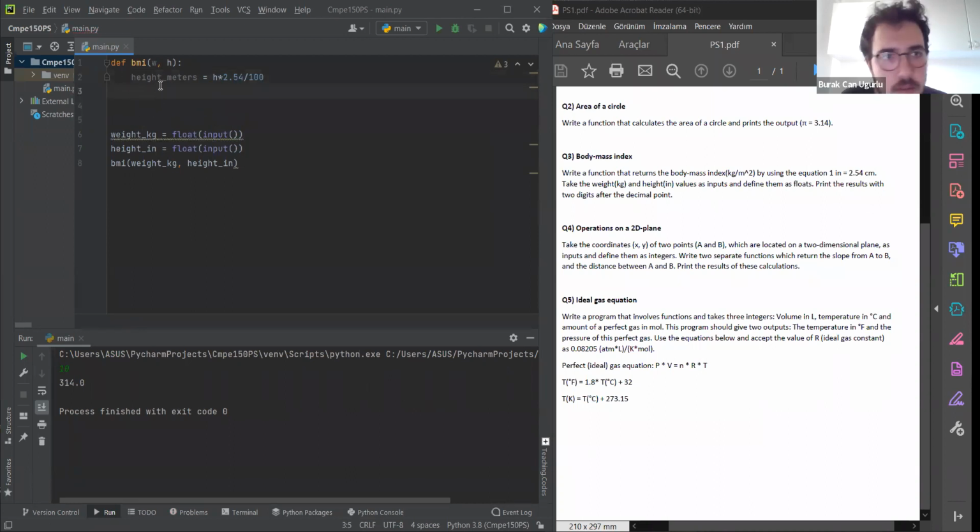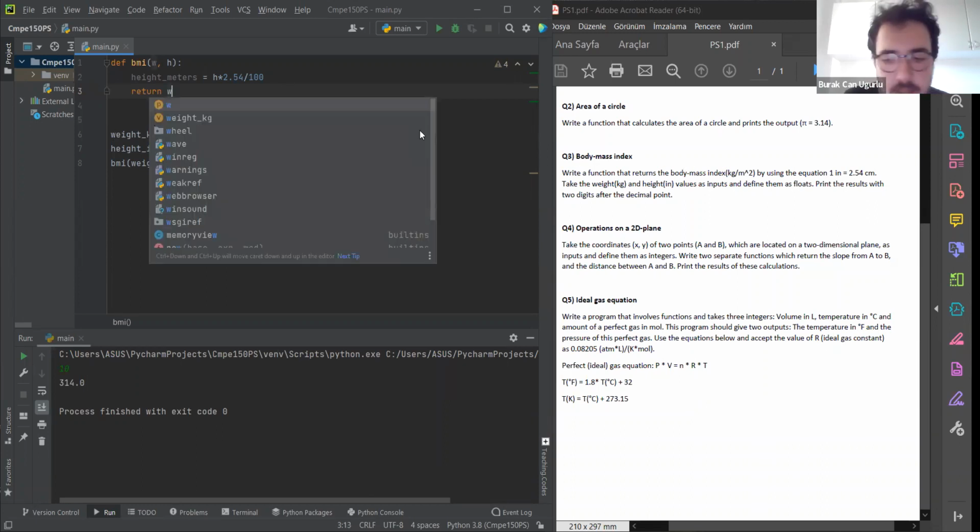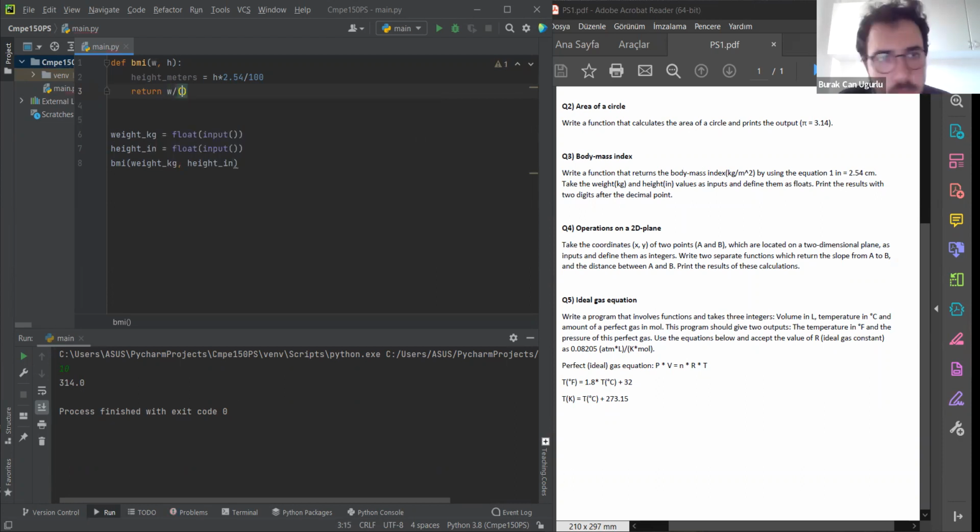So let us continue with kilograms. Kilograms is directly taken by the function. This is directly called by the function. So we can directly use it to return our variable here. So we write return, and we should implement the body mass index formula. It takes the weight in kilograms, and it is divided by height in meters to the power of 2. As I can see, there should be a problem here. Okay. And then it prints